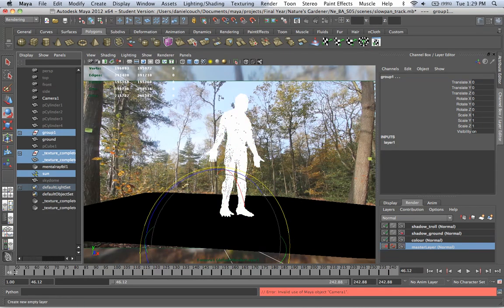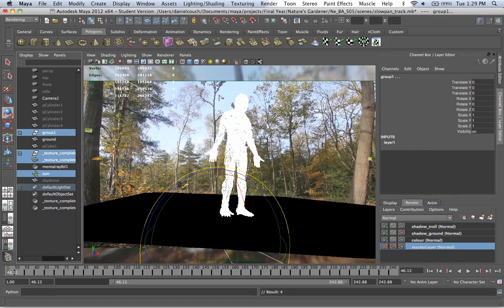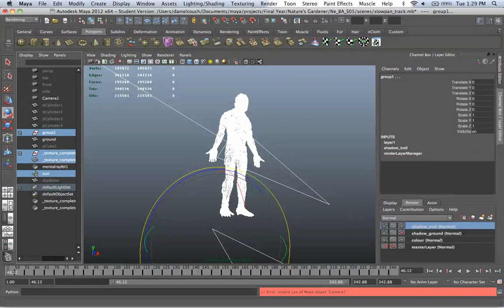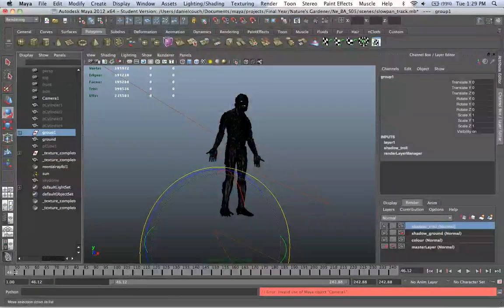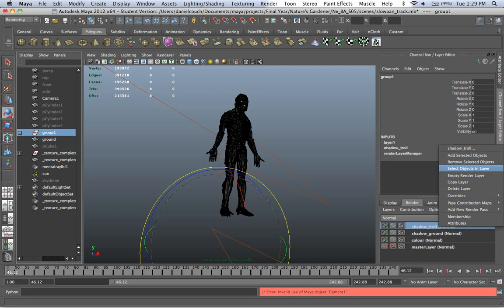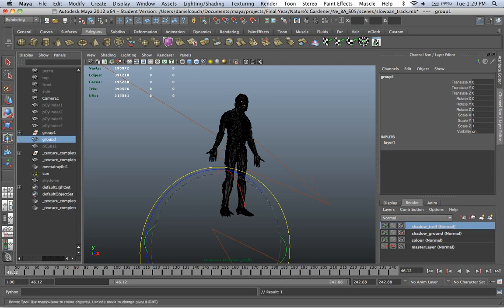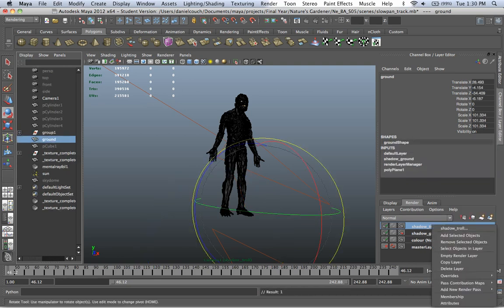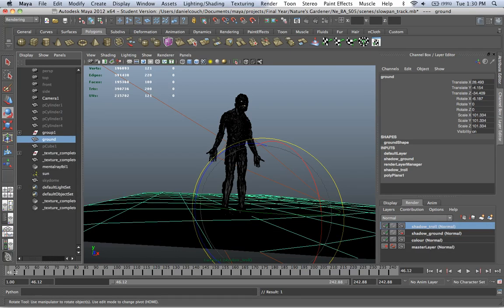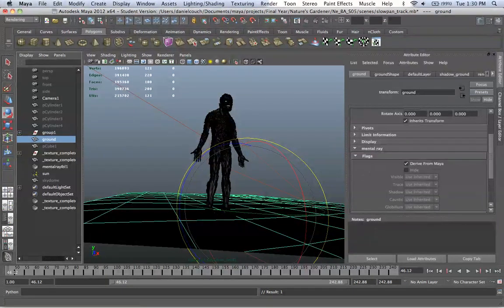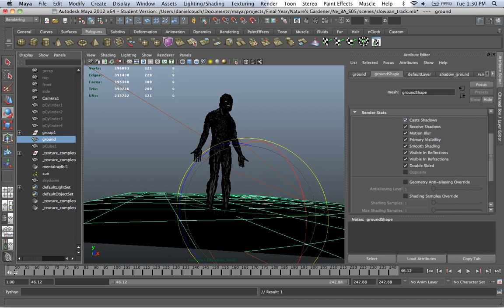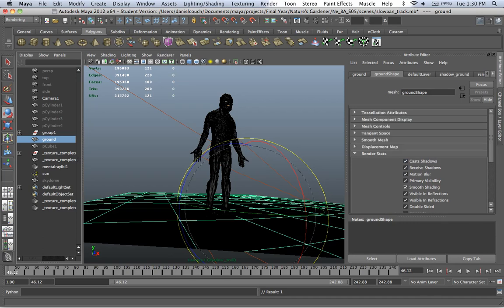I don't think we need to, but did I just put that in there? Ground on one. There we go. Now we don't want the ground to be seen. Ground shape. And here it is in the render stats. We don't want it to